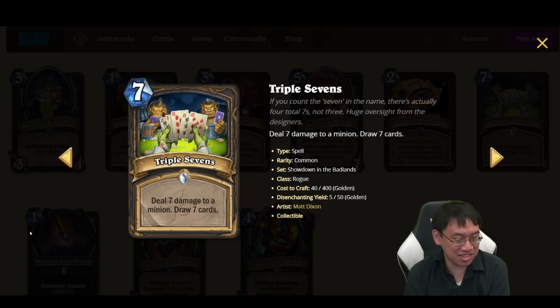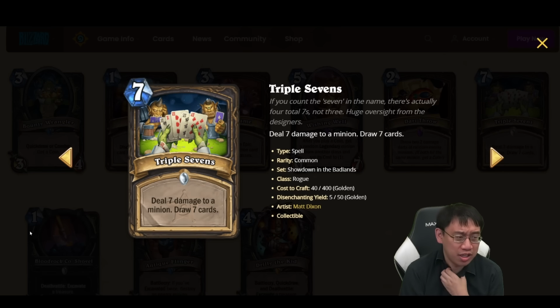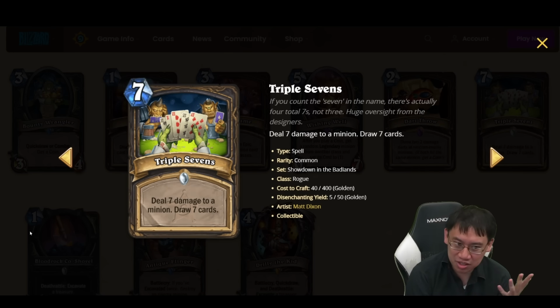Well, as it turns out, Ultimate Infestation might not even be good these days. But Triple Sevens also has a strong possibility of not being good. In concept, I think the theoretical right deck for this card to go into is an aggressive deck that runs out of cards and then uses this as a refill. But the main problem is there's a lot of just self-refill and/or discover that you